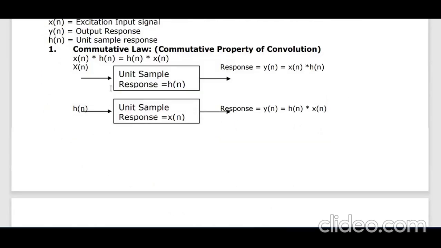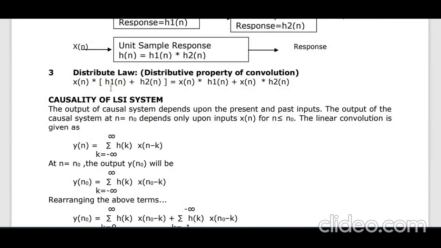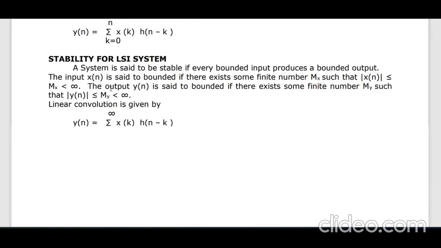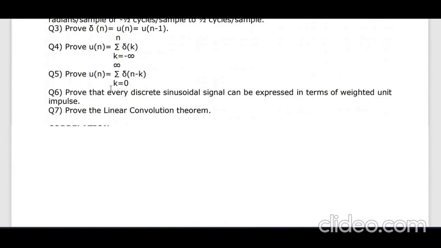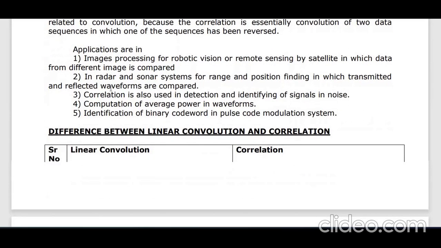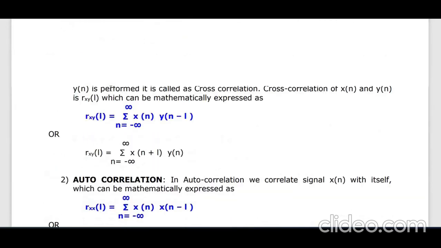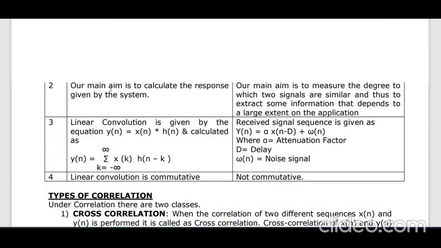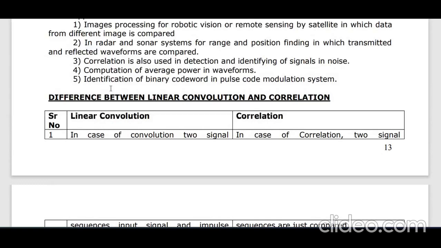This is all there in unit 1. Okay, linear convolution by graphical methods, and we also have circular convolution. I will show you circular convolution with problems. Linear convolution you are already aware of with the graphical methods. So now we are proceeding with the correlation properties. Basically, what is correlation all about? Now we are going to see the correlation concepts.